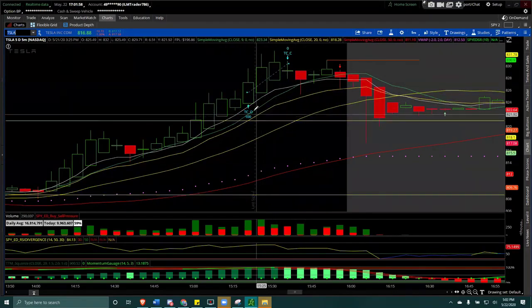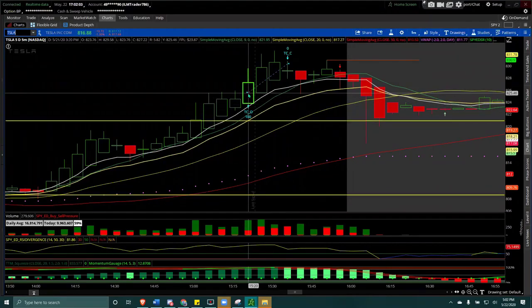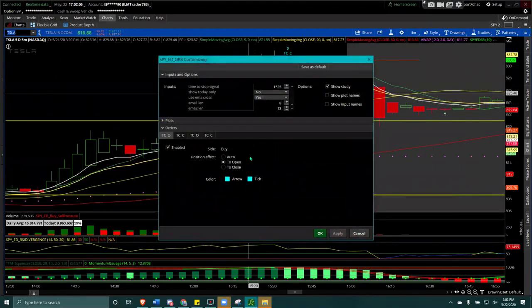I changed this a little bit when I did my setup. You could change around with whatever. I changed the color to red, in edit studies you can always change it. Open, close, I did arrow. You could do green, and then TCO close, red, like it's telling you, okay, close it. And then TCO open, obviously.